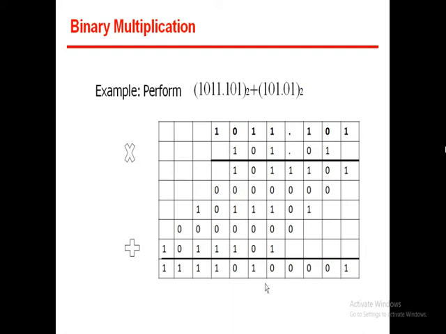Then 1 plus again a carry 1 plus 1, 1 1 plus 1 1 0, 1 0 plus 1 1 1, 1 1 plus 1 1 0 0, so 0. Then 10 will be the carry, 10 plus 1 is 11, that will be 1, and again a carry. Then 1 plus 1 plus 1, that is 1 plus 1 is 10, 10 plus 1 is 11, there will be a carry 1. Then 1 plus 0 plus 0 is 1, then 1.